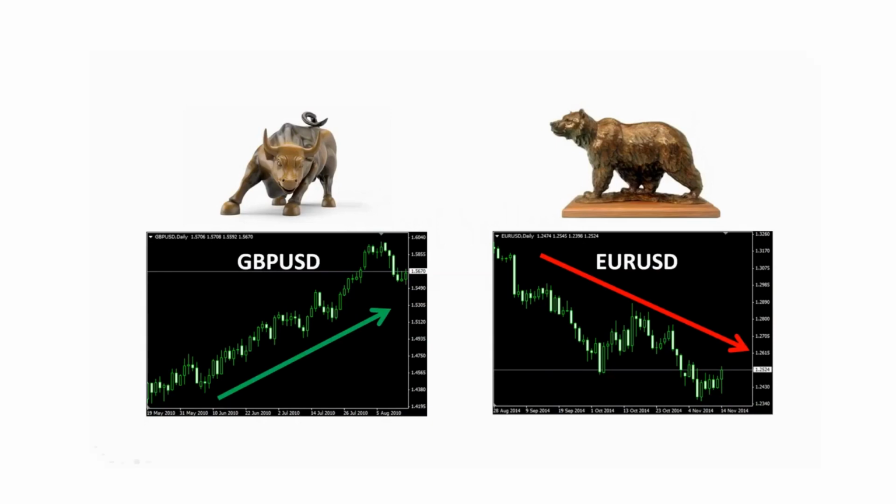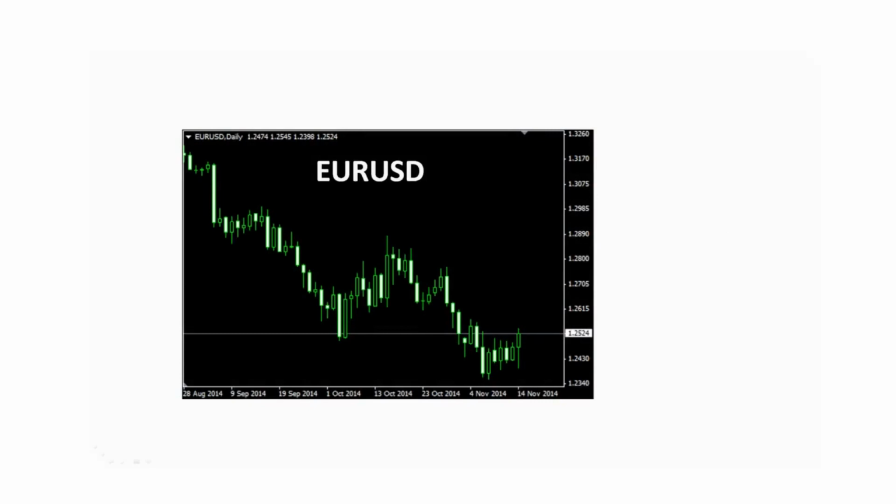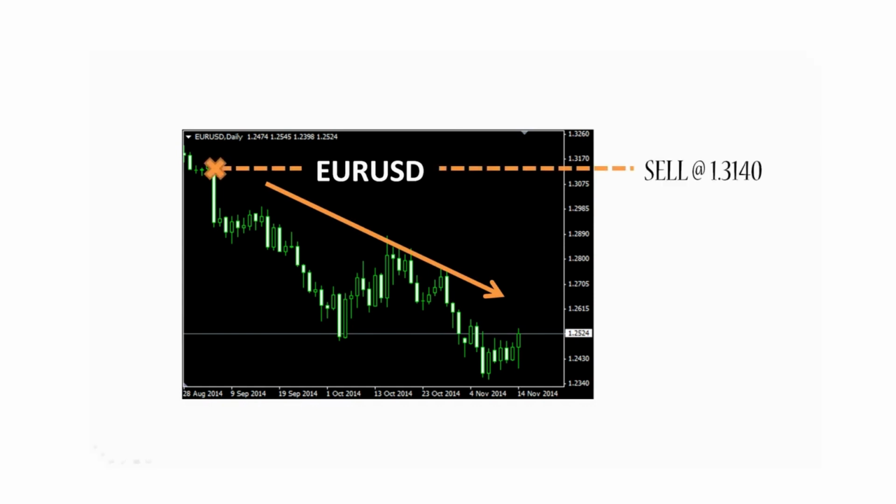As we've already established, there are two types of traders on the Forex market. Bulls, traders who invest into the growth of a Forex currency, and bears who invest into the decline of a Forex currency. So today we're talking about short selling, and that is applicable to bears. Let's look at our Euro-US dollar example in more detail. So here's a chart, and how would a bearish type of trader profit from this downward trend? Well, there's a trend, and a bearish trader would enter somewhere over there where we see the X on the top left. He would sell at about